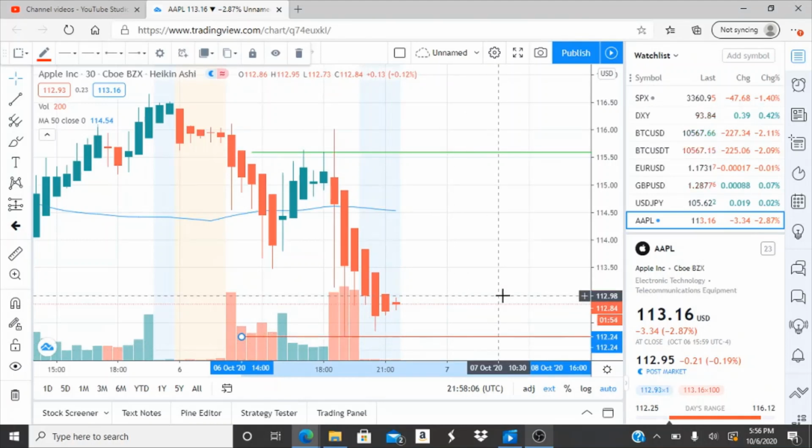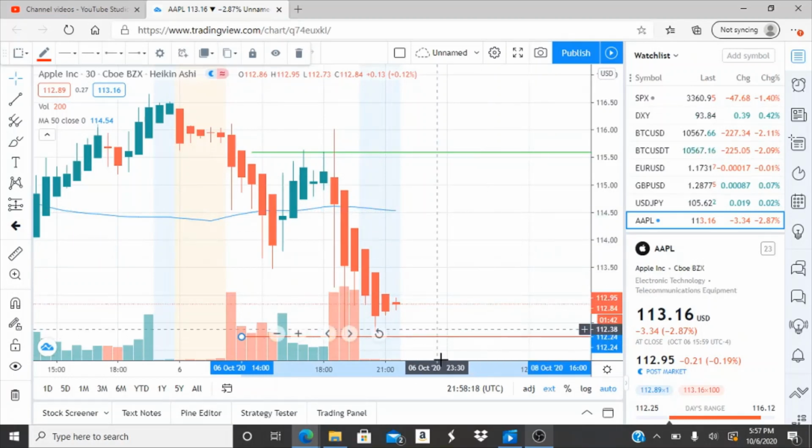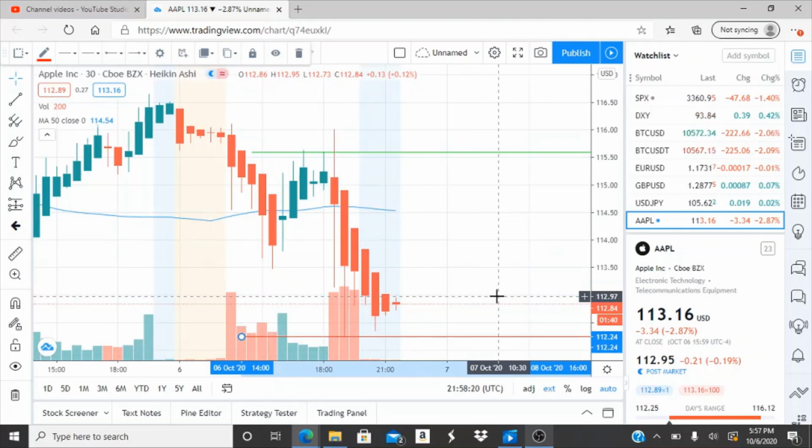Now, if the bulls come back up, they need to come in hefty and strong to cross the 50-day moving average, because the 50-day moving average is way up here at 114.54, and that's the most important number for the bulls to cross. Just bringing a recovery is great, leveling off and stopping it from hitting newer lows, but if the bulls come back up, they need to come in strong and get as close as possible to the 50-day moving average to build momentum for the next coming days.